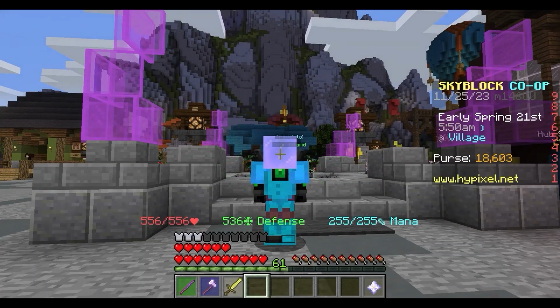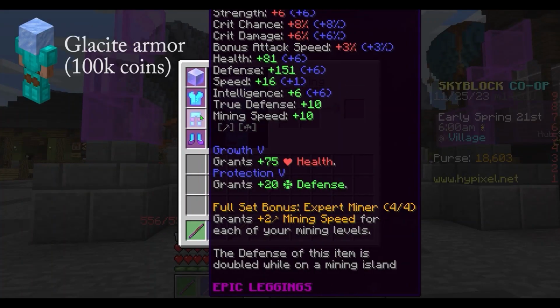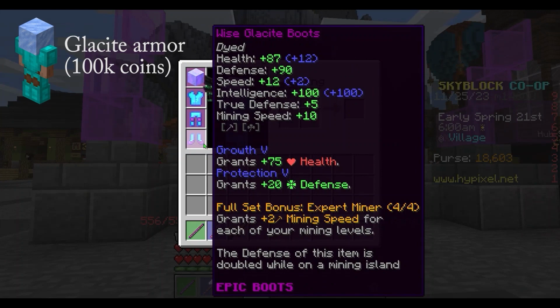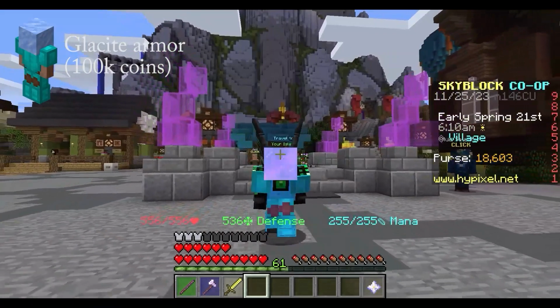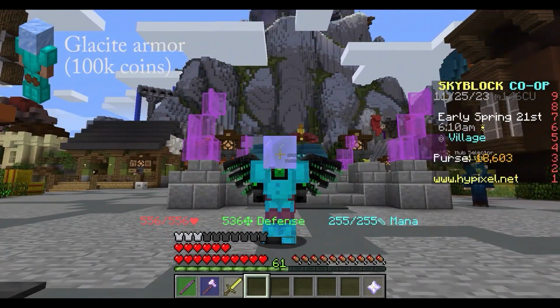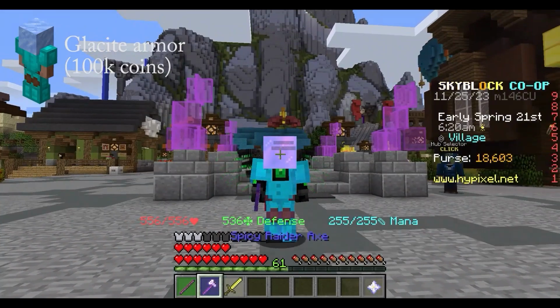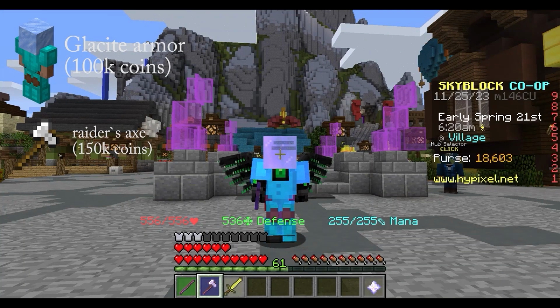So, for the tier 2 zombie slayer boss, you need a full set of glacites with growth 5 and protection 5, which you can get from killing glacites in the dwarven mines or from the auction house for 50k per piece. Then you also need a raider's axe, which you can get from the lonely Viking in the park for